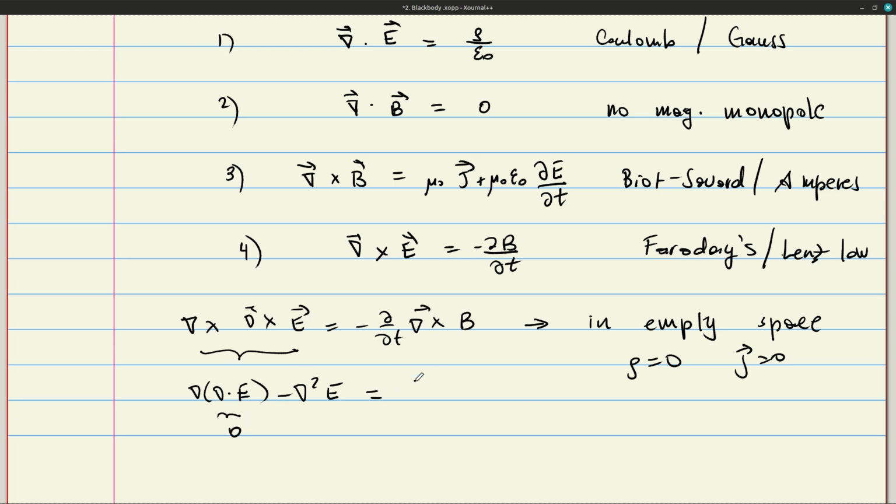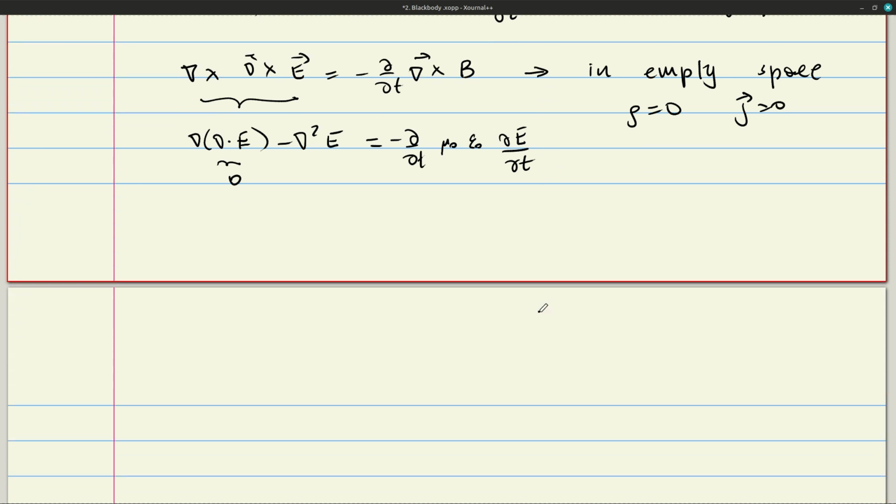And on the right-hand side, del cross B is, okay, J is 0, so there's only this piece, and this piece is going to give us mu 0 epsilon 0 del E del T. And if you clean up everything, what you have is,